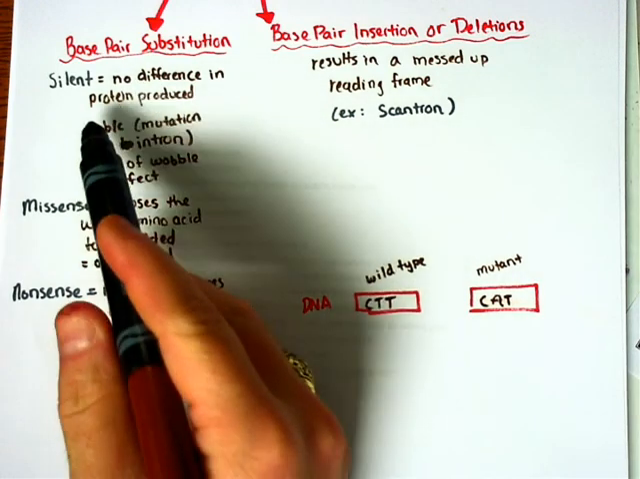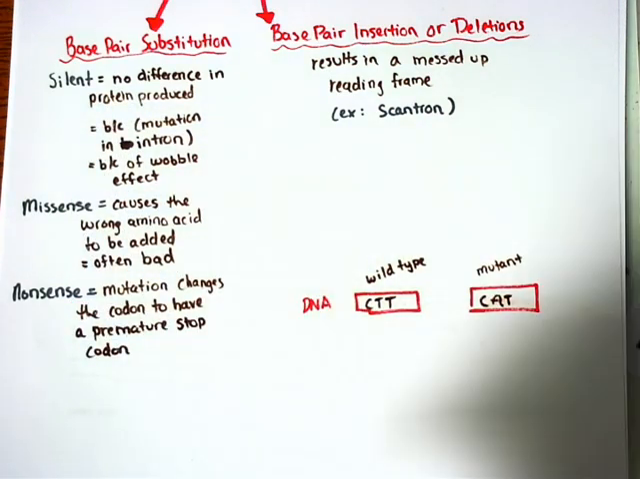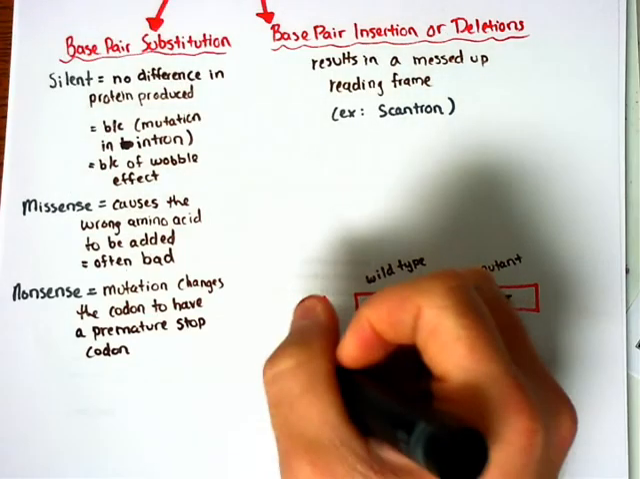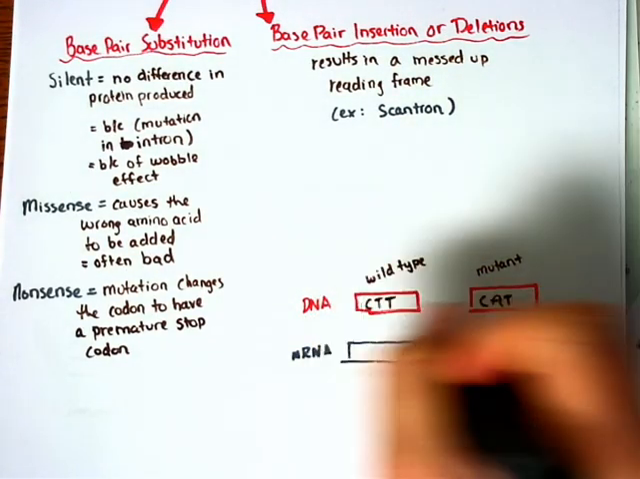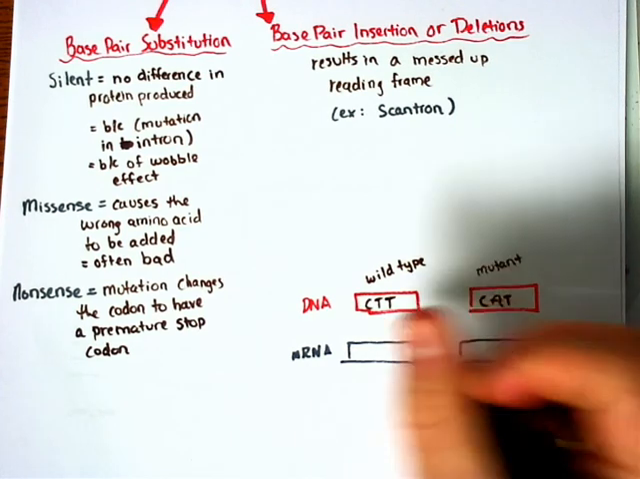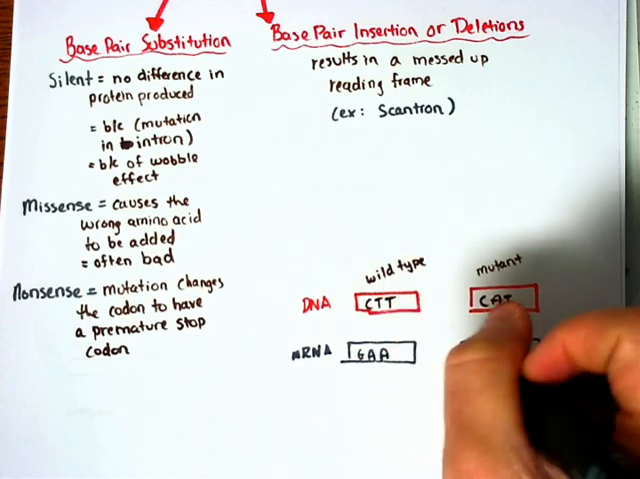Now this may be silent, or it could be missense, or it could be nonsense, but it depends what happens. And let me show you what happens when you create this mRNA. We would expect the mRNA for this first one to be what? GAA. And this one would be